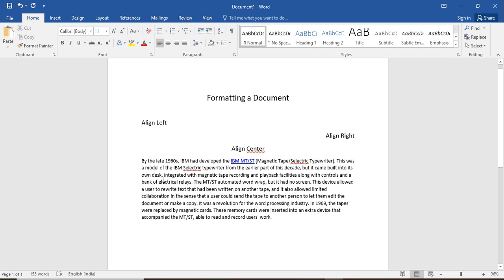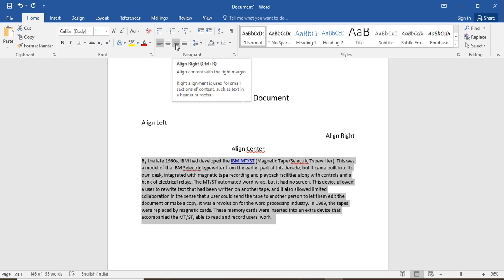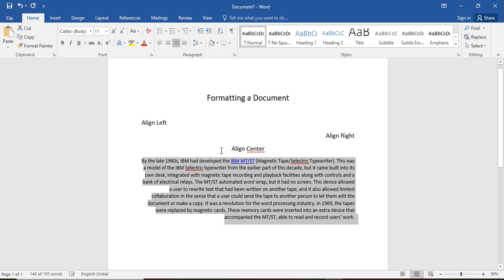If we want to align the paragraph on the right side, we will select the text, go into the paragraph and click align right, and now you can see our paragraph is aligned on the right side of the page.